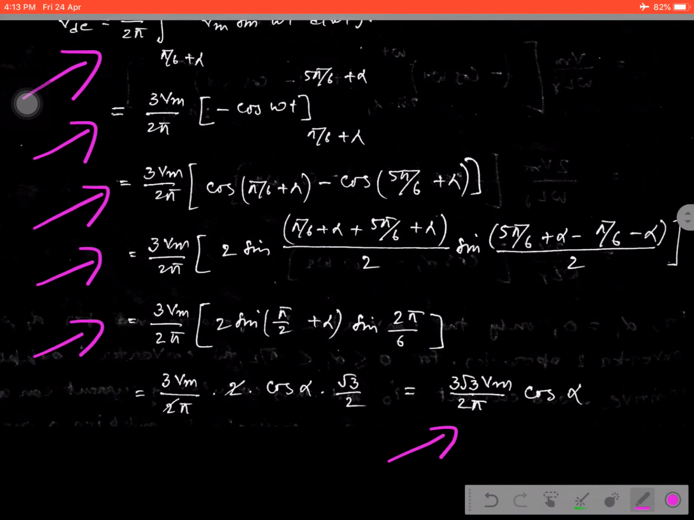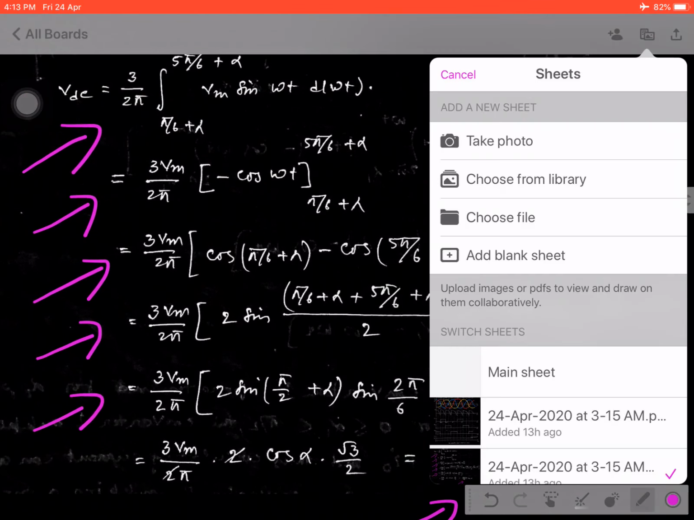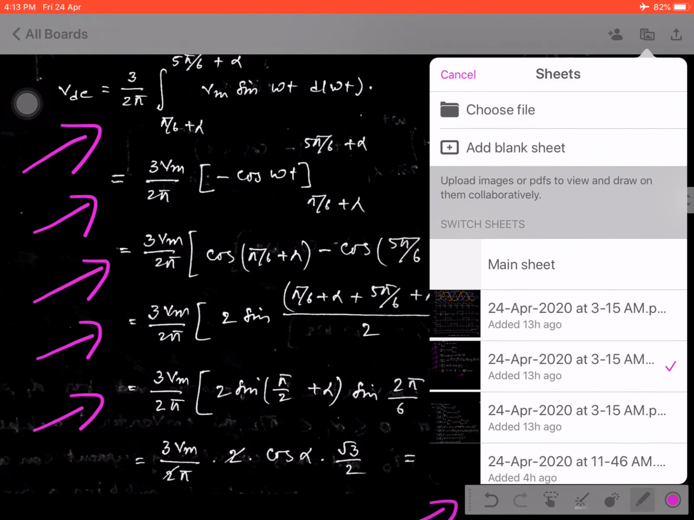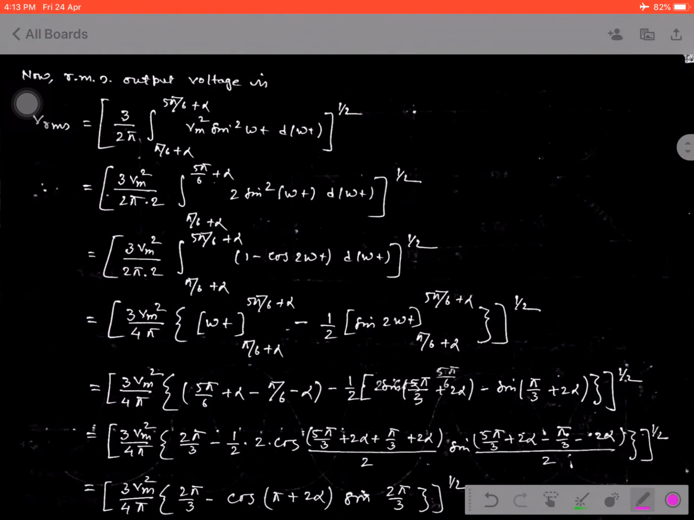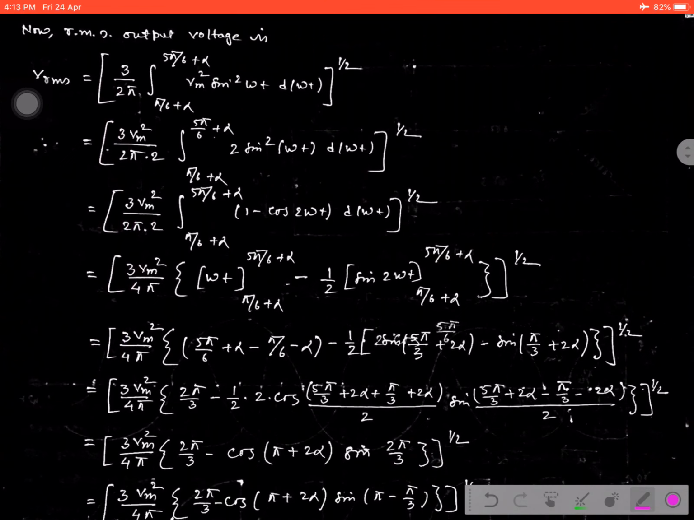Next, now we should calculate the RMS value. RMS value means root mean square. The similar thing is done here. That is the similar expression we have chosen here, Vm sin omega t, and the square part is there, and the same limits, that is pi by 6 plus alpha to 5 pi by 6 plus alpha,